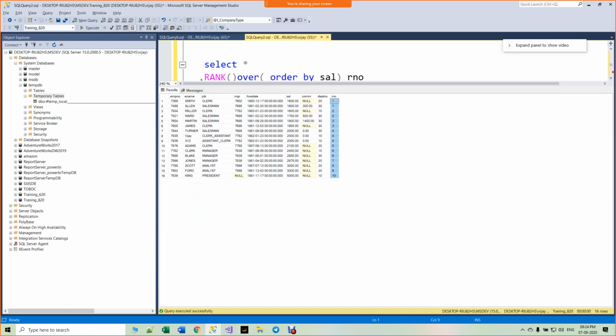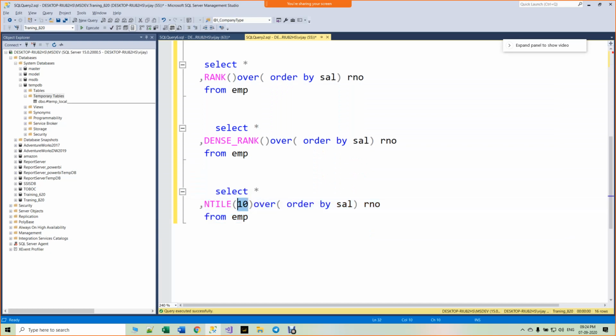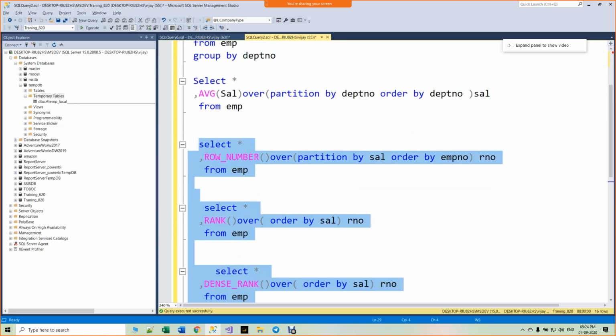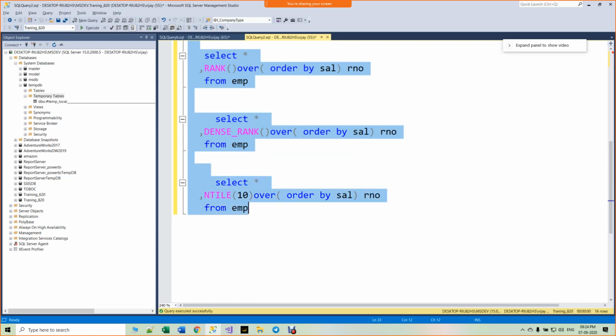16 records are there, it's broken into 10 pieces. So these are 2, 2, 2, 2, 2. Like that, it changes again, 7, 8, 9, 10. Get my point? This ntile just breaks the data into the given number of parts. Ntile breaks the result into a specific number of groups and assigns the same number to each record. Clear? Rank, dense rank, ntile, and row number, these are the window functions. Am I clear? Yes, Vijay, just have a look.